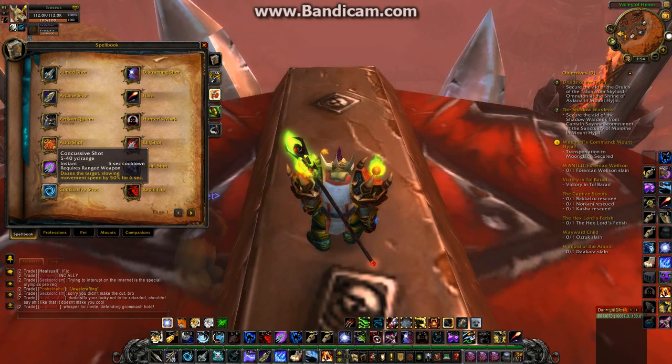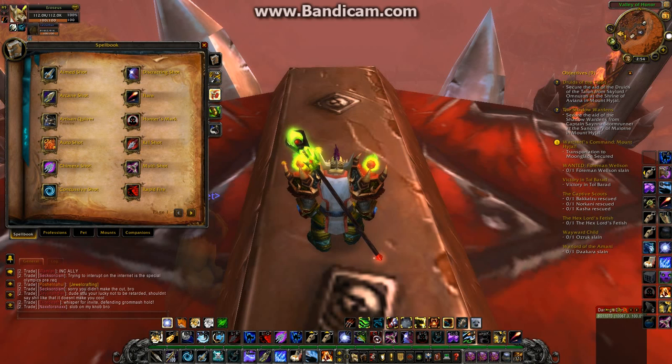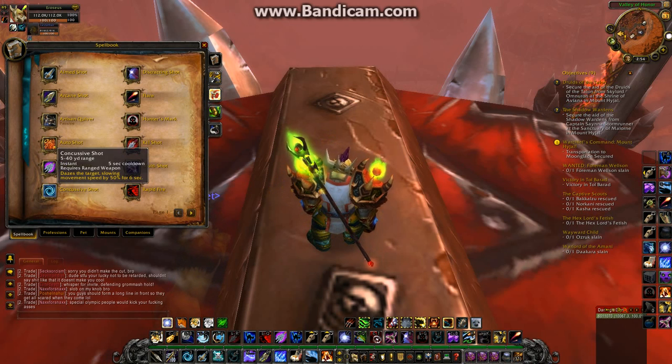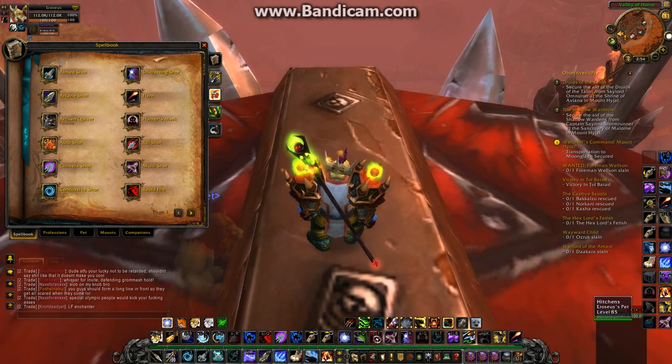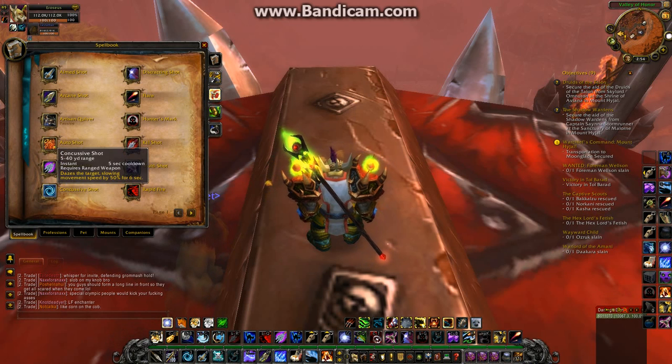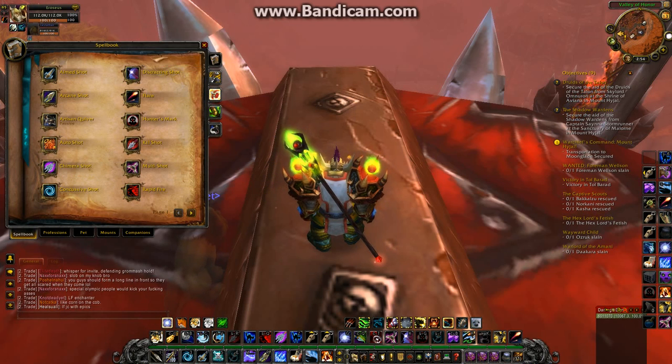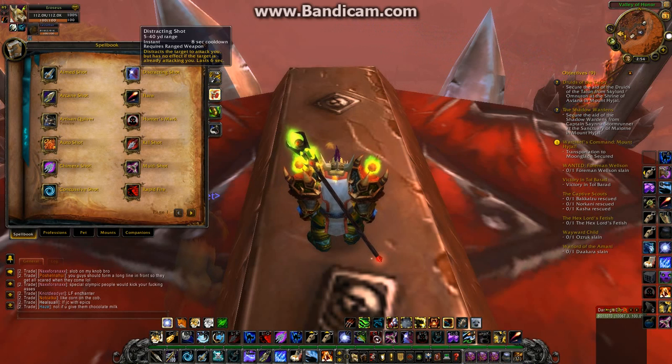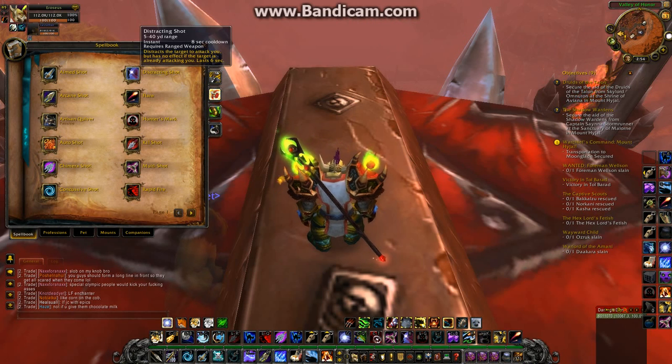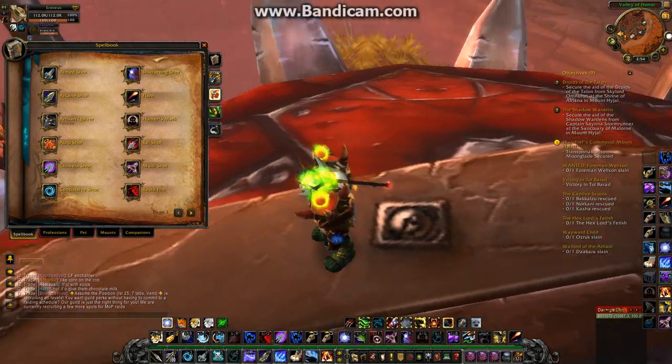Concussive Shot, it's good. You should always use this when leveling outside of dungeons. So you can just use that to slow people, or mobs, monsters, whatever. Use that to slow things down, and you can run around them as much as you want. You're faster than them. That's what it's for, to kite. Very important spell. Distracting Shot, wouldn't really use it. Don't really need it. Unless, for some reason, your pet's being attacked and you don't want it to be attacked. Say, if it's low health,